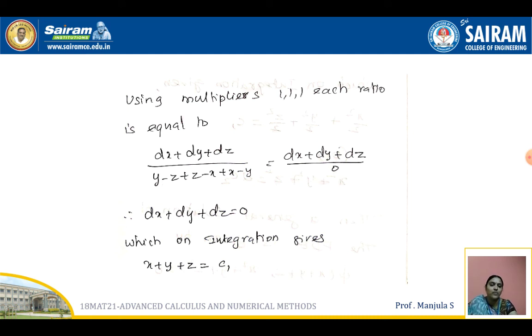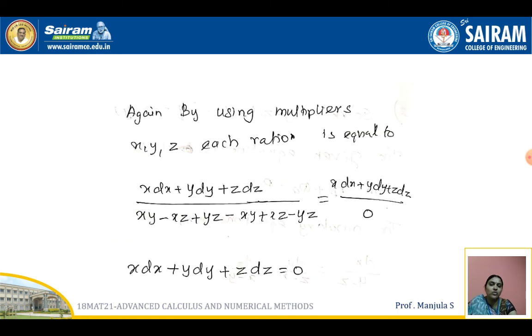It means u value we got as x plus y plus z. Similarly we have to find the v value. It means one more solution we have to find out. Now one set of multipliers I already chose as 1, 1, 1. Now we'll go for one more set of multipliers. Here I am going to choose x, y, z. Here also the same thing: numerator x into dx plus y into dy plus z into dz. The respective multipliers you multiply by dx, dy, dz and then add. Denominator: for the PQR you multiply by x, y, z respectively and then add.